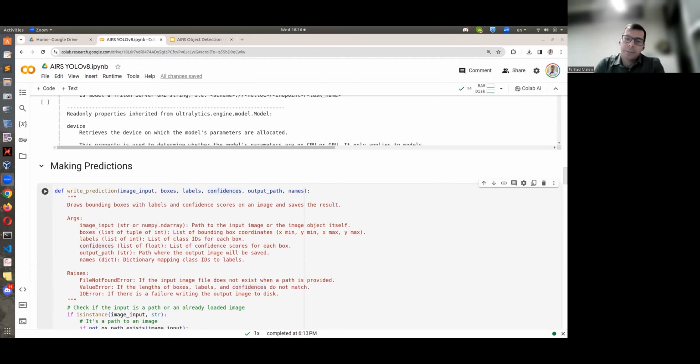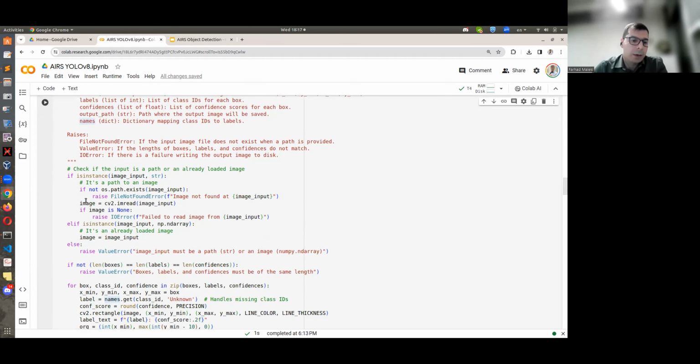When we make a prediction, it gives us bounding boxes. So we want to overlay them on the image and visualize it. Also labels, which means what is inside this box. Confidence is how confident the model is, so that's the objectness score for that one. And I want this to be saved in a specific path, and names is usually the label that you get. It is numbers, indices, but each index is assigned to a name. So that's a dictionary containing all of those names.